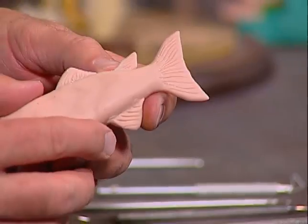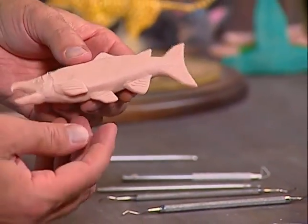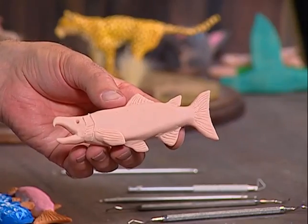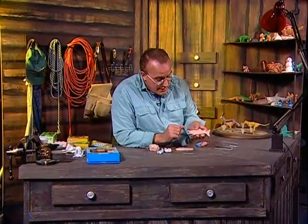And now you have your completed coho salmon, and it's now ready for firing in the oven. And now that we've fired the coho salmon in the oven, I do want to mention something that I forgot